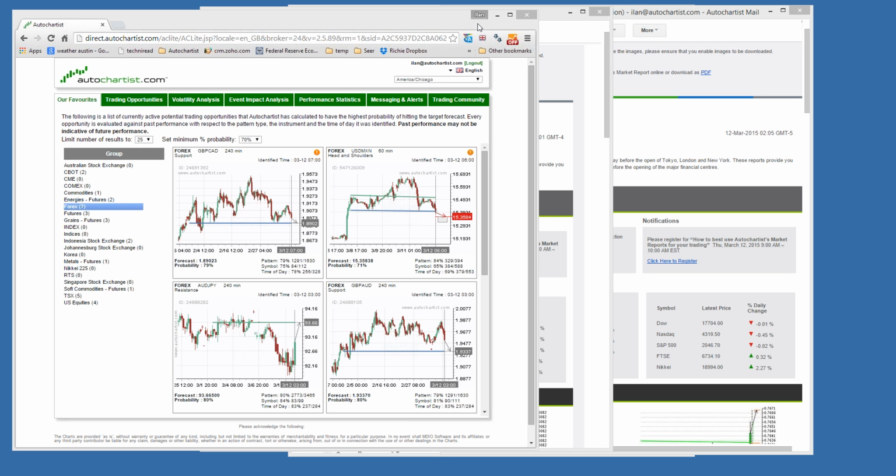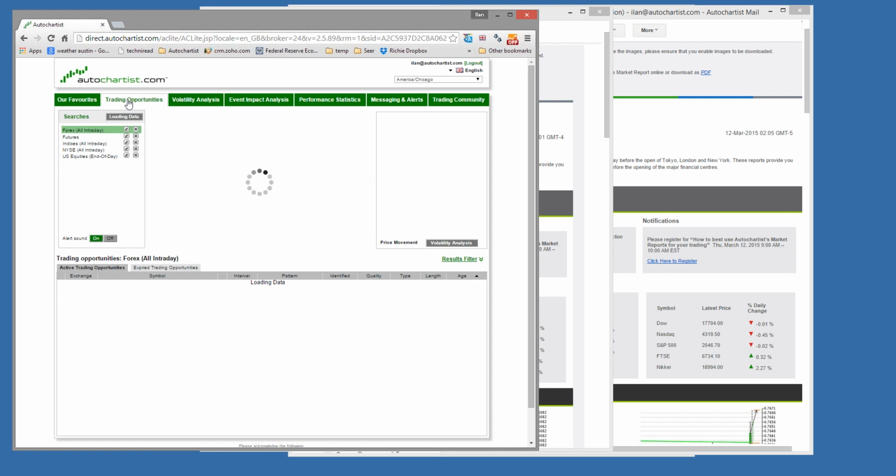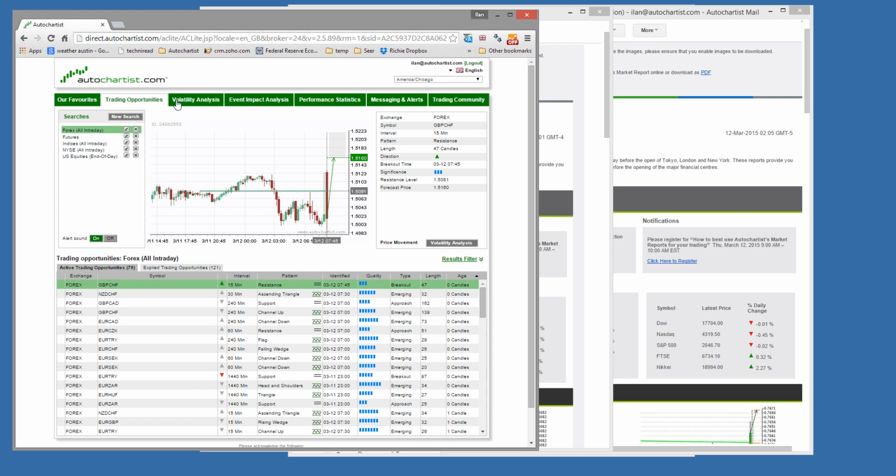When you log into the Autochartist application, you might see something like what you see on your screen at the moment, which is our favorites, if your broker provides that. Otherwise, you will have a screen that looks like this, which is the trading opportunities. Now, if you look across your screen, there is a menu item called Messaging and Alerts.